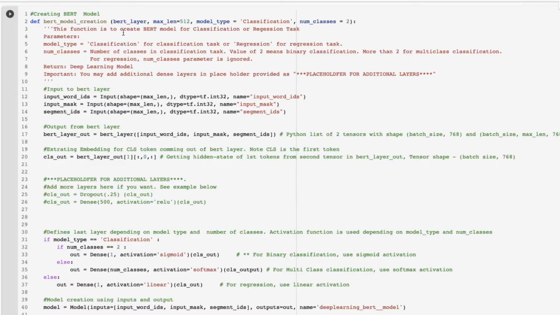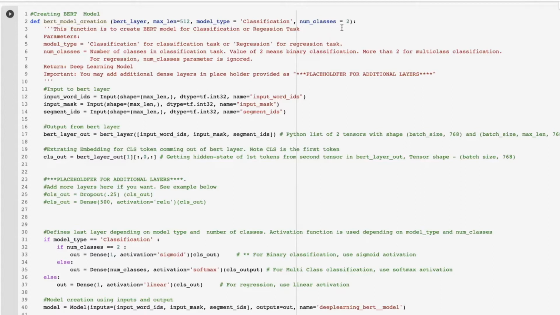Basically this function is to create the BERT model for classification or regression tasks. It takes a parameter for model type. You will give classification if it is a classification task. If it is regression, you will pass it as regression.